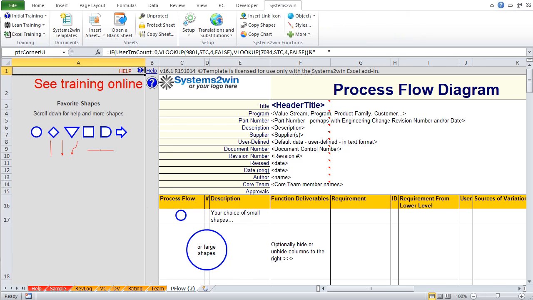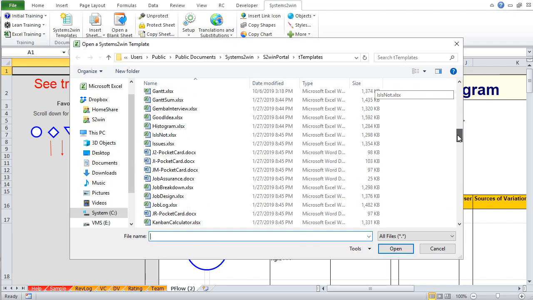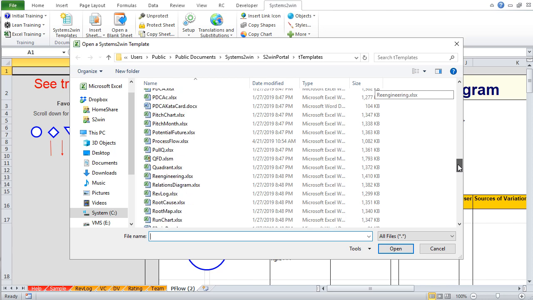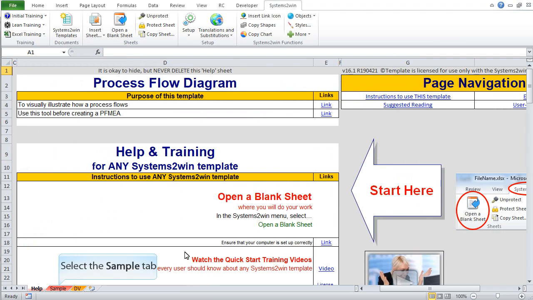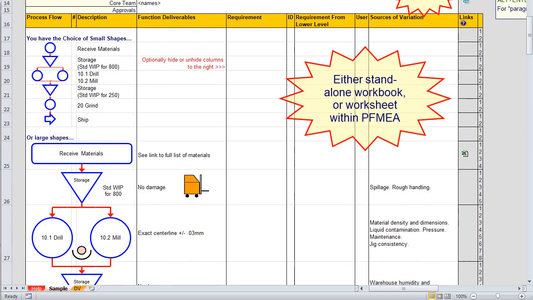And here's another secret: if you want to see a sample sheet for an inserted sheet, then click the Systems to Win Templates button and scroll down to find the standalone workbook, in this case the process flow diagram, and then open that standalone workbook that will have a sample sheet that has helpful sample data to help you learn how to use whatever sheet you just inserted into your primary workbook.